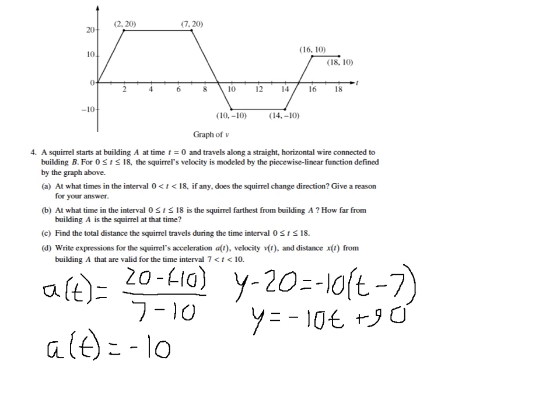So that's my equation for the linear section. So v of t equals negative 10t plus 90. Okay. So that's a of t, that's v of t, and now I've got to find x of t,